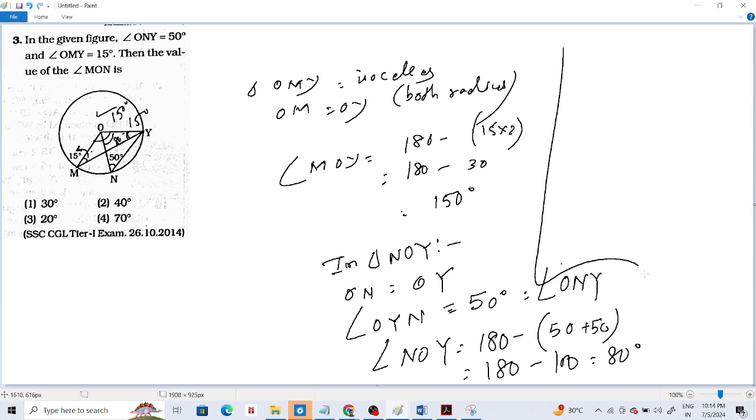তাহলে ইজিলি আমি অ্যাঙ্গেল এম ও ওয়াই বের করতে পারি, কি হচ্ছে 150 মাইনাস 80, এটা হচ্ছে 70 ডিগ্রি, সো আনসারটা হচ্ছে 70।